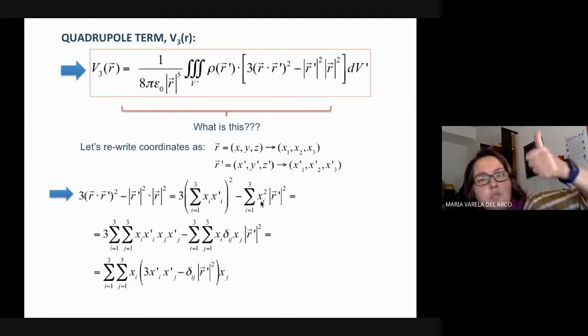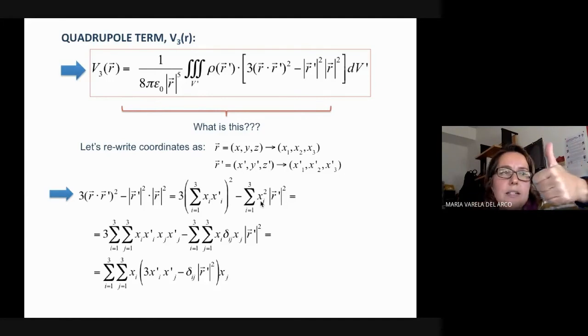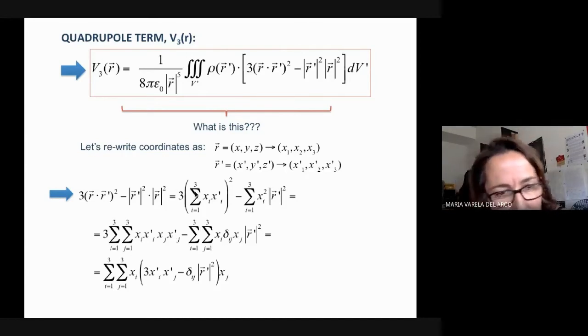That would be x1 squared plus x2 squared plus x3 squared, in other words, x squared plus y squared plus z squared. And each one of those is going to be multiplied by this factor. So this is a way of rewriting this thing. And now I can do something which is basically, since this is going to be a square of this sum,